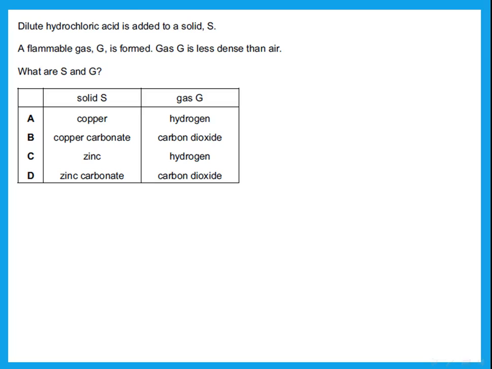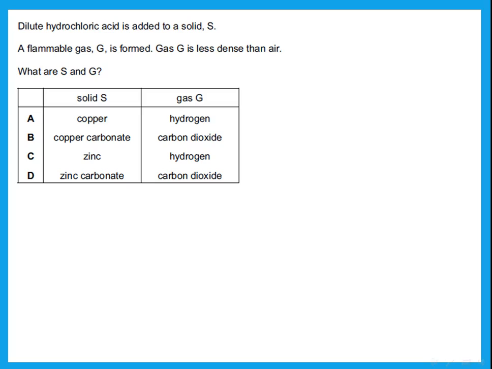Dilute hydrochloric acid is added to a solid S. A flammable gas G is formed. The gas G is less dense than air. So what are S and G? So let's take a look at gas G. He's saying it's a flammable gas. So is it hydrogen or carbon dioxide? You should remember that hydrogen is the flammable gas. Okay. And then he's saying